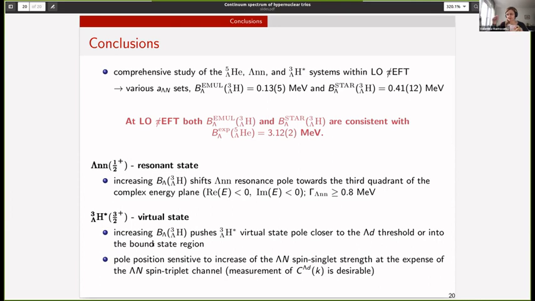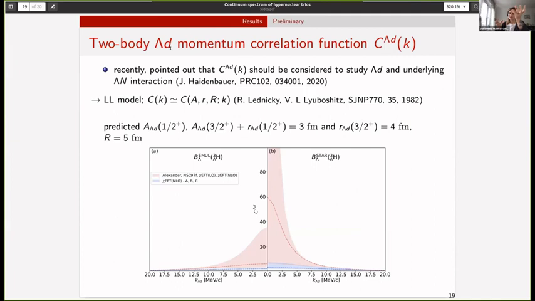Exactly, and I just had a brief comment. There was a recent paper by Professor Edenbauer that actually showed that if performing the measurement of the correlation in a larger system such as lead-lead, for example, and in PP, then we can really disentangle both the quartet and the doublet. So this is then the final picture that we would like to achieve. So yes, it's gonna happen. Yes, exactly. Thank you.